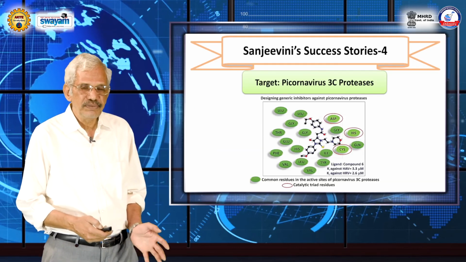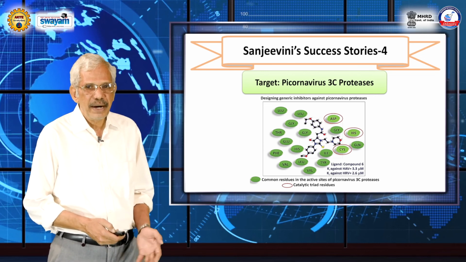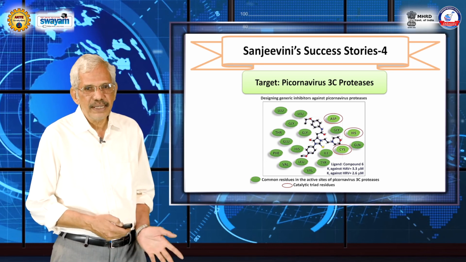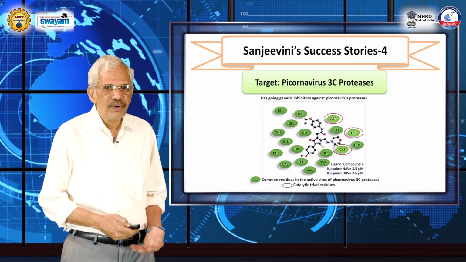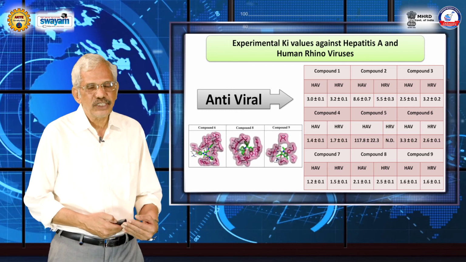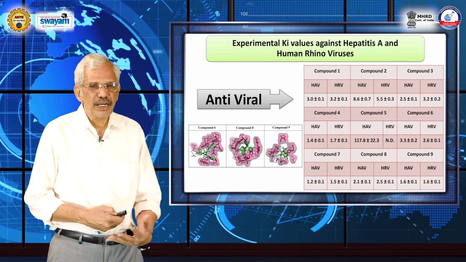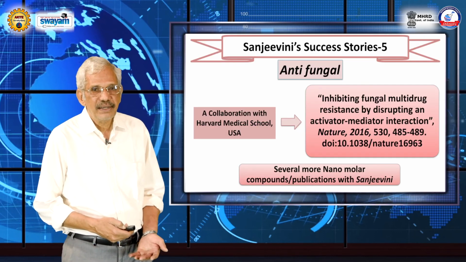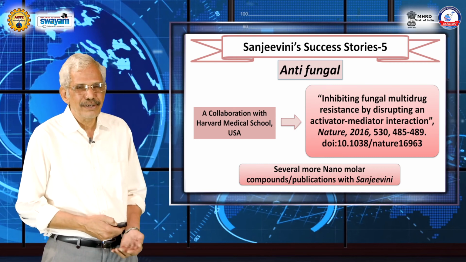antivirals. So, Sanjeevani designed these molecules, molecule 6 and 7, and they are showing very good binding affinity to the HIV virus, and not only to HIV, to HRV as well. So wherever there is a 3C protease, a picornavirus or coronavirus 3C, probably these molecules are going to work. So essentially it's like a generic drug molecule for a battery of these viruses which share common features at the protein structural level, right? And people say nature is a good idea, so Sanjeevani has entered Nature in 2016, and